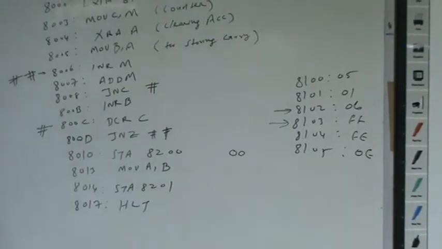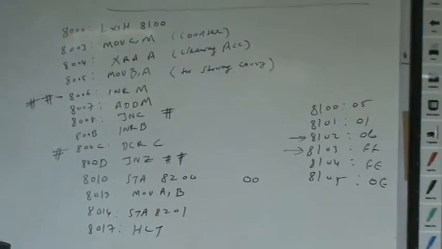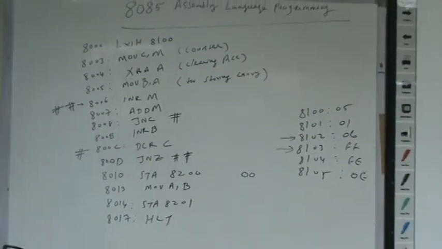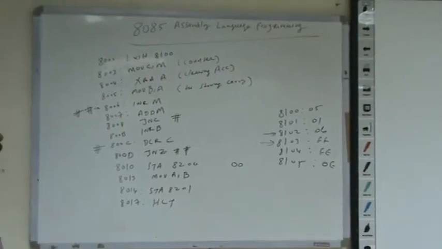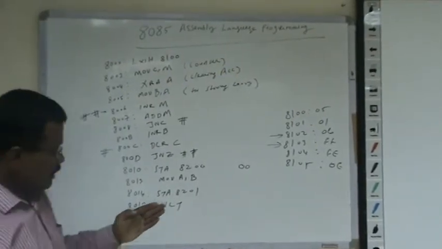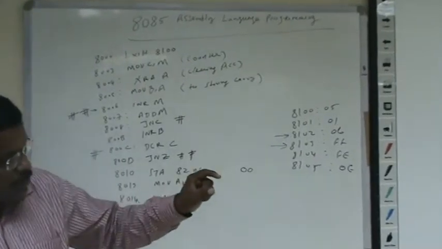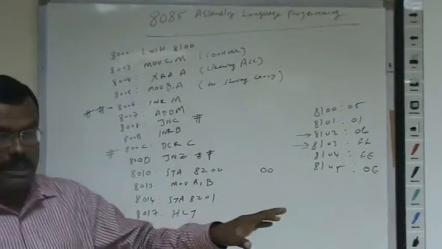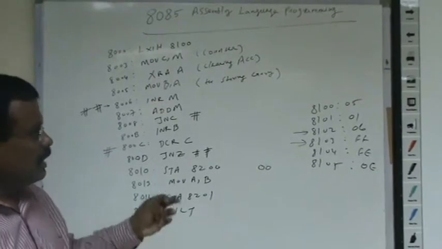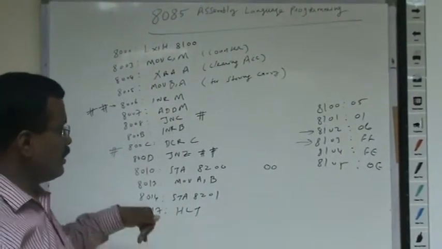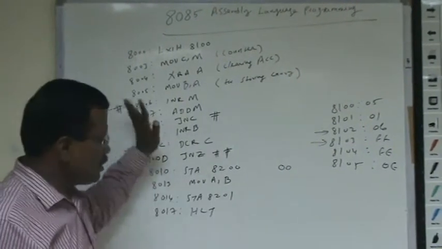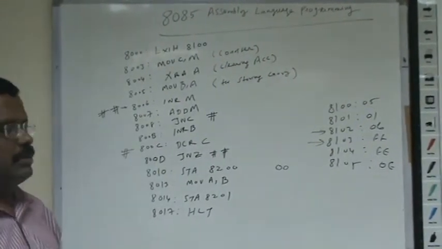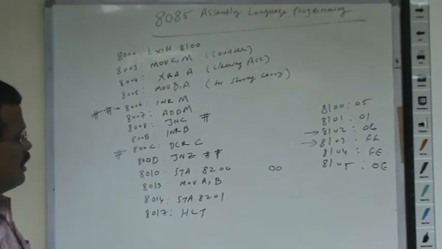Finished. This is the more generalized program for adding a series of 8-bit hexadecimal numbers. Here we have assumed that the count of numbers to be added is available in the memory. The actual numbers are also in the memory. We have fetched the count as well as the data. If there is a carry, we have given the provision. So whatever may be the number, this program will work well. Okay, this is a more generalized program.